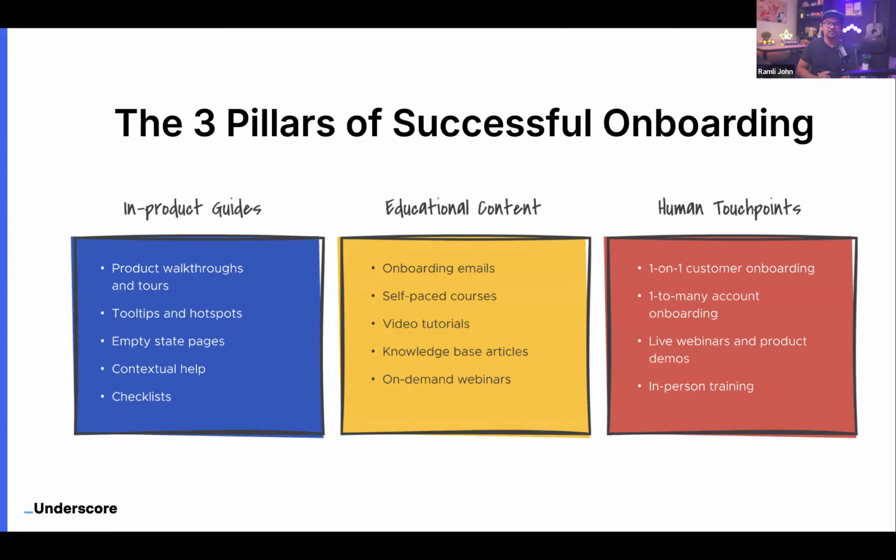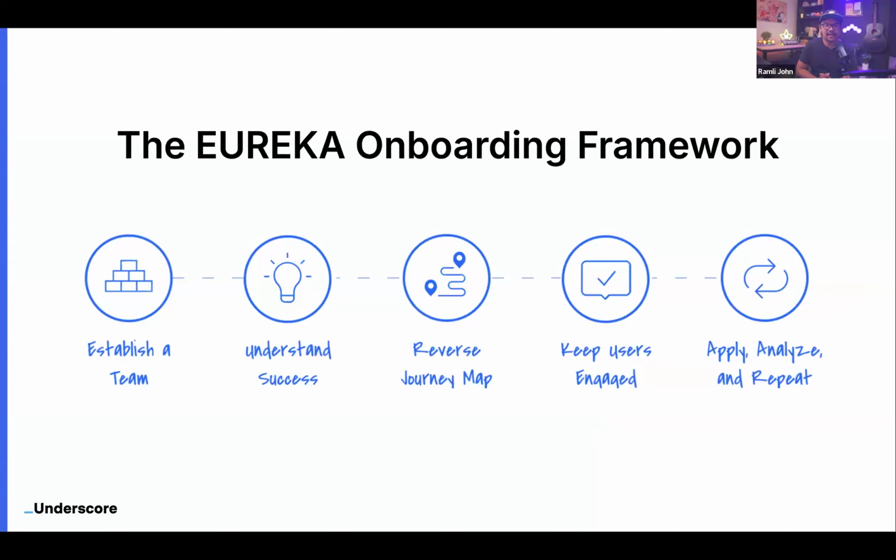And the third one is human touch points, and figuring out how different humans, whether customer success or customer onboarding, come in at that touch point. All 3 of these need to come together to create an experience that is seamless, and that totally makes sense for different folks as well. And how does this work, and how do you build a flow or experience strategy around this? The new book that I have, Eureka, is actually a framework that is an acronym.